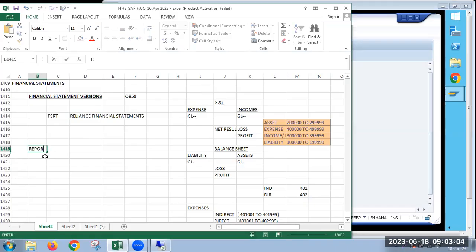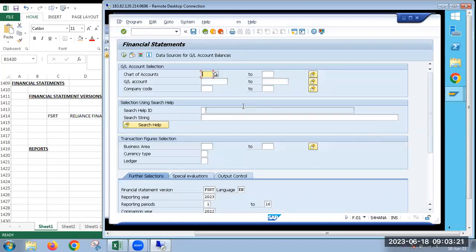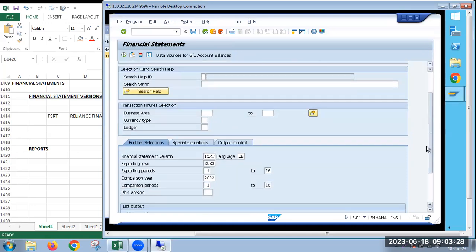We'll go for reports. Financial statement reports with F.01. So based on the version FSRT, the total amount available with the company code RT01, yeah, we can go for a report,